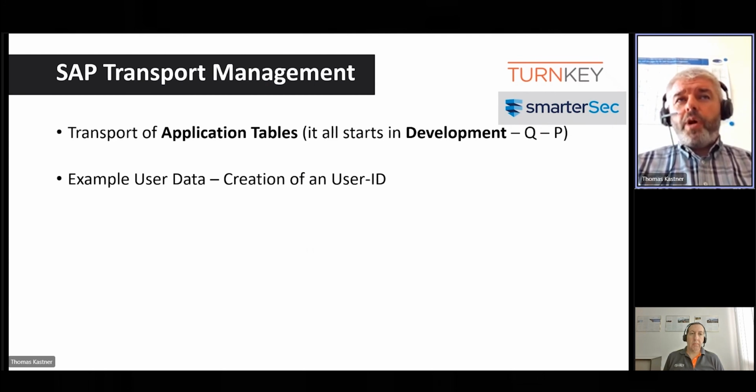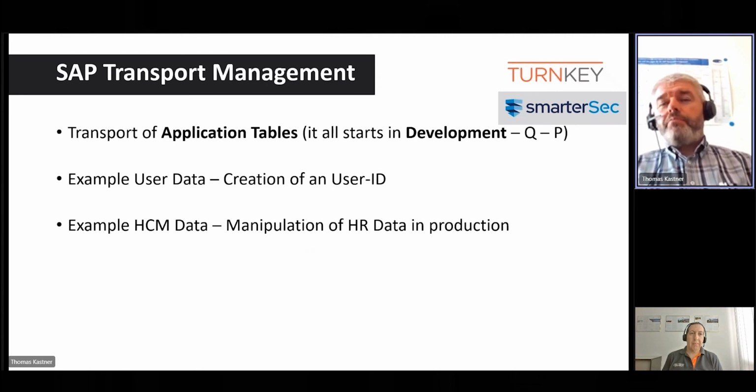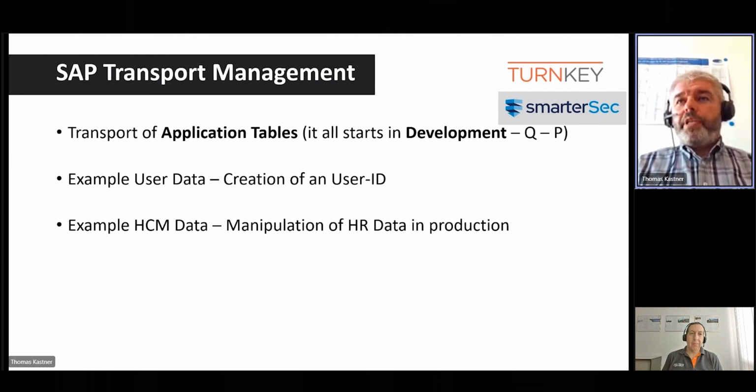Now that you know I can sneak in something for user data, you may think about, wow, what's going on if I'm changing HCM data? I could manipulate my own data of info type 8, my basic pay that I'm getting monthly.